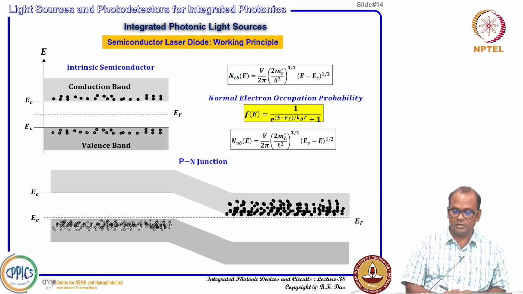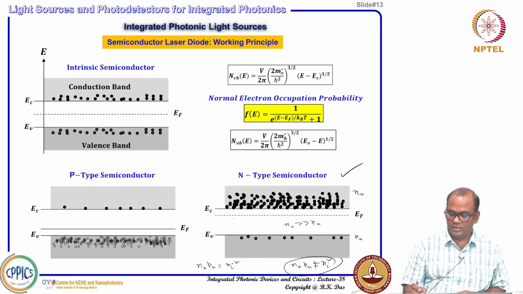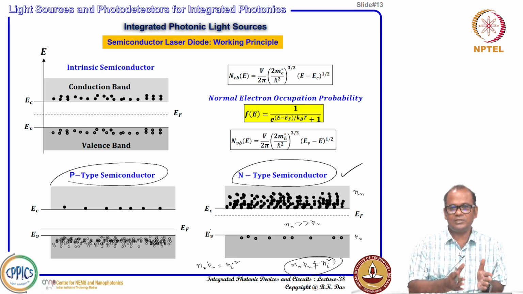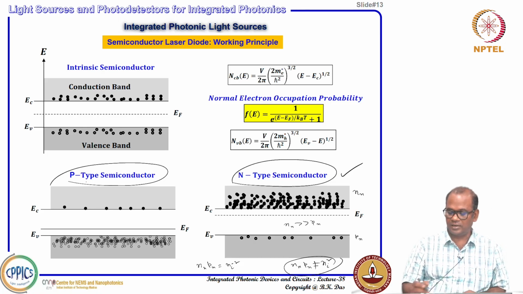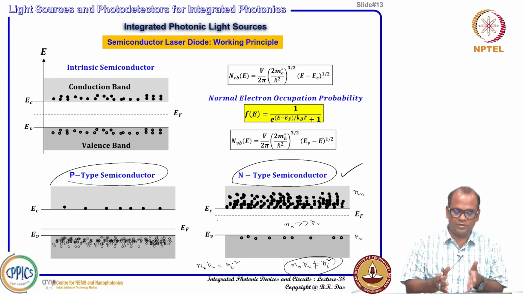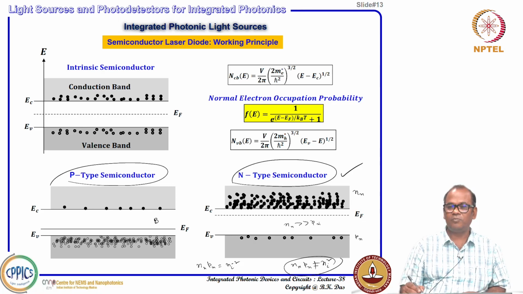Now, let us see what happens if you are creating a p-n junction. Just remember that this is a p type semiconductor and this is an n type semiconductor. Suppose you have a material where one section is a p type semiconductor and another section is an n type semiconductor. What happens? Because this is the same material, on one side you are doping with a p type dopant like boron, and on the other side maybe you are doping with phosphorus,